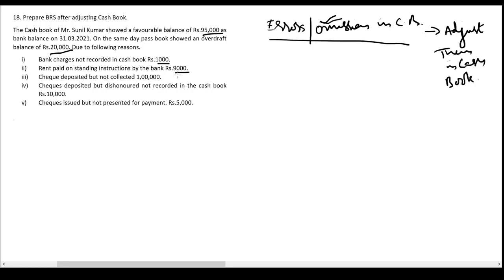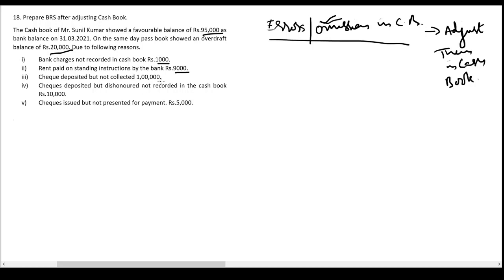Now what is check deposited but not collected? We have received some checks, we have passed an entry in the cash book, but the money did not come in the passbook. As you know earlier, the check will take at least 3-4 days time to get cleared, the money to come to the passbook. So there can be a time gap. So we have to wait for the banker to pass an entry. We cannot simply say that cash book there is an entry, passbook there is no entry, so let us adjust them in the cash book. No, that is not correct. Here we have to wait for the banker to pass an entry so that the balance of both the books will tally. Till that time, this will appear in the bank reconciliation statement.